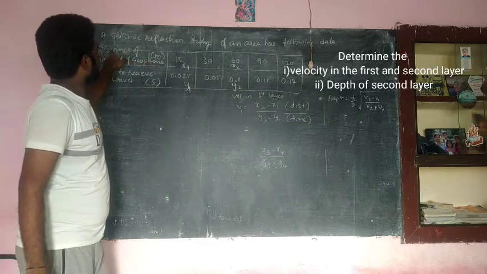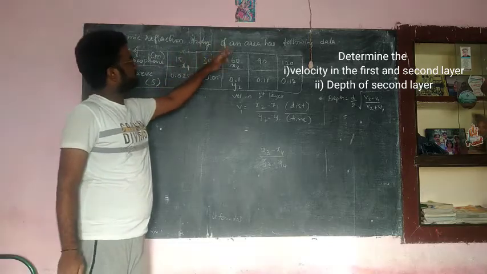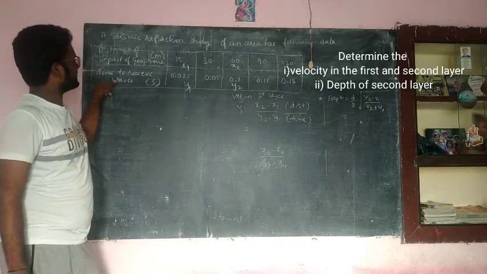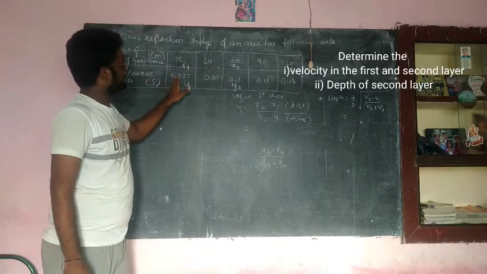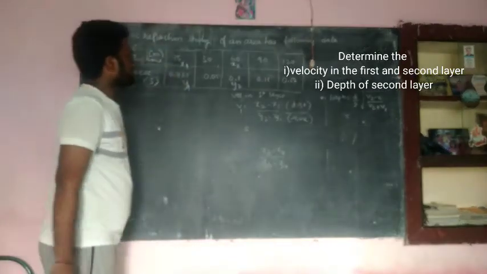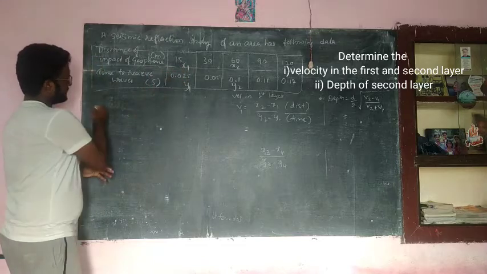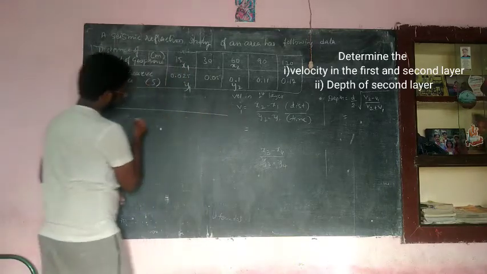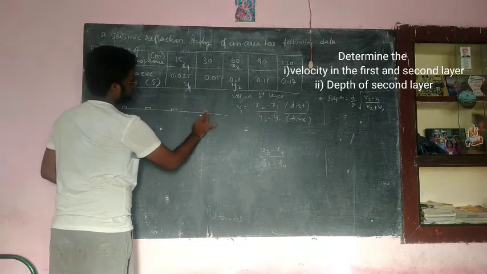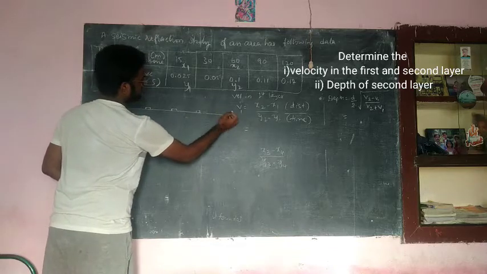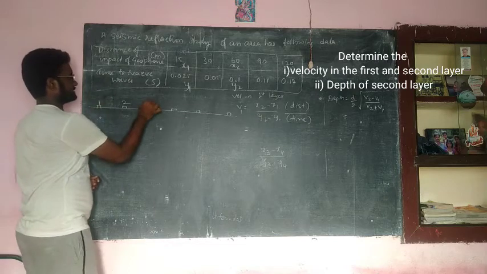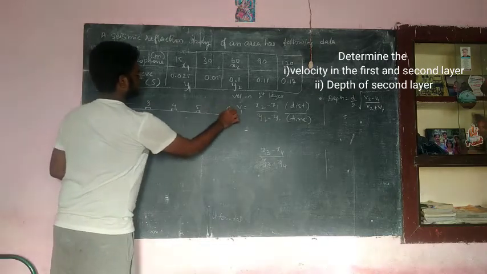Okay, so the distances of the geophones are given in increments: 15, 30, 60, 90 and 120. The time to receive the waves is given in seconds: 0.025, 0.05, 0.1, 0.11 and 0.12. If there are 5 distances given, it is understood that there are 6 geophones: 1, 2, 3, 4, 5 and 6. So what are the distances they have given? Let us mention that.